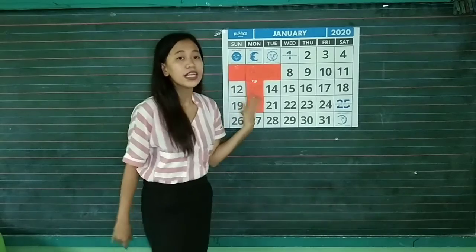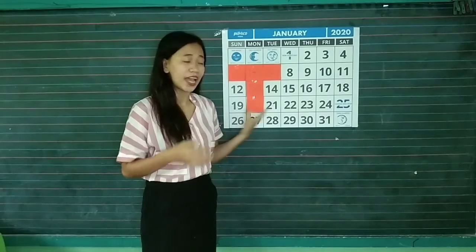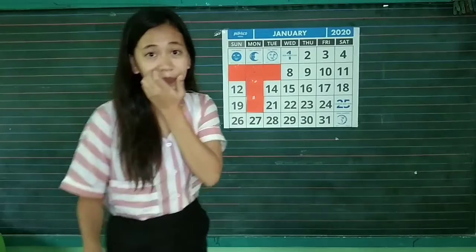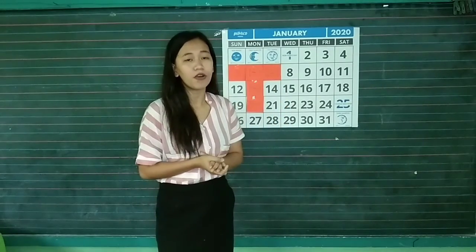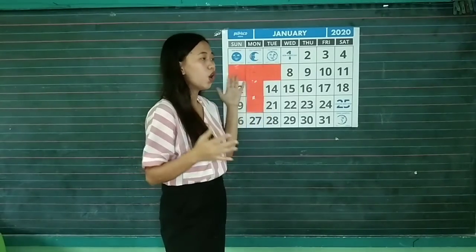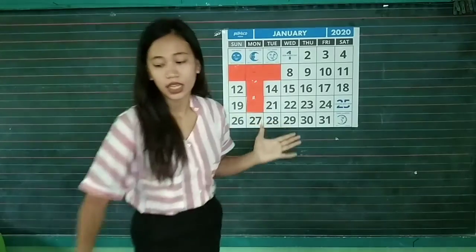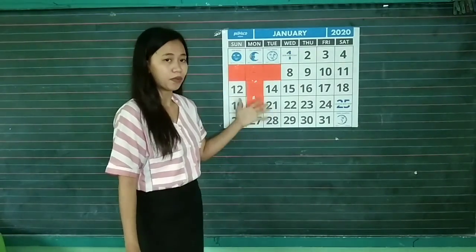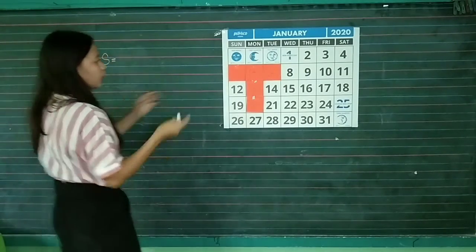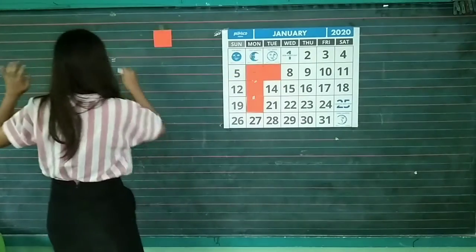There we have our T shape. So next is, what are the numbers inside this T shape? To get the sum of a T shape, we need to add all of the numbers inside of it. So let us know what these numbers are. First we have sum is equal to, what is our first number? Our first number is 5